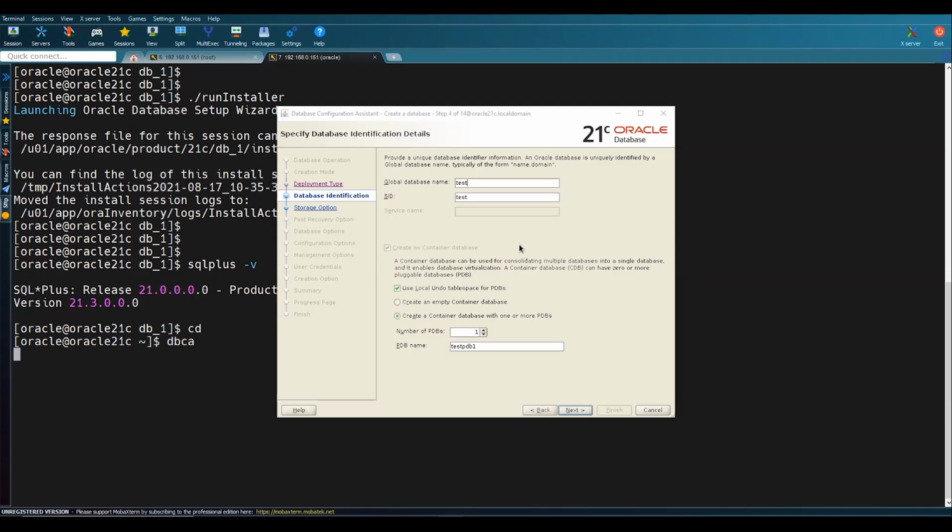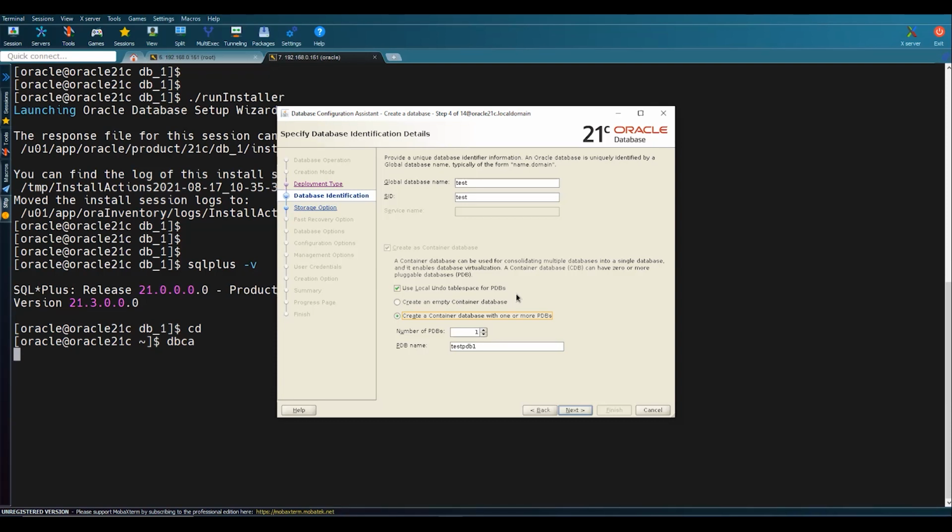Previously, in our 19C or 12C database releases, there was an option of a non-container database, but now it is mandatory to have the container database with at least one PDB. Even though you can create only an empty container database, we will go ahead with one PDB also. And here we have two options of checking and unchecking the use local undo tablespace.